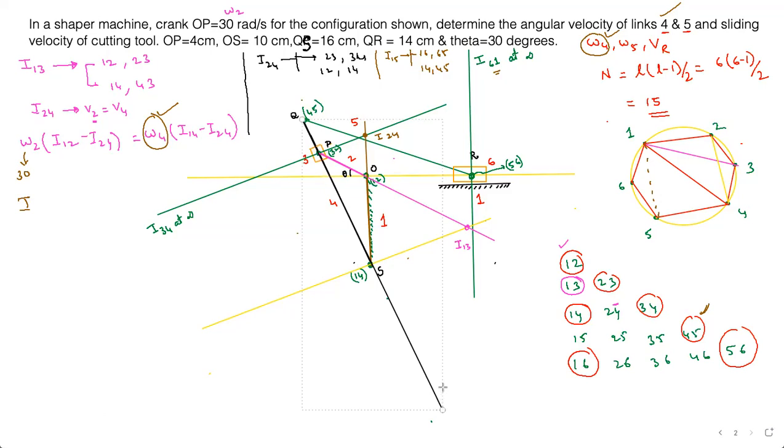1 6, and where is it? 1 6, 6 5. 1 6 is there, 6 5. I need to extend it further because the length won't be sufficient and it won't intersect. Even now they are not intersecting. If you had tilted it a little bit, it would immediately intersect. It is intersecting somewhere at the very bottom. Okay, fine. Let's intersect at the bottom itself. At least you will get the concept, right? You're understanding the concept, right? That is important for me.